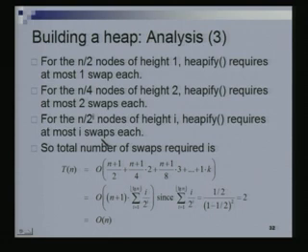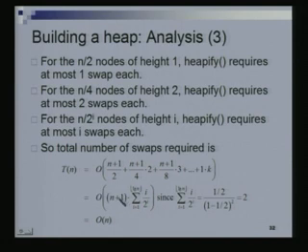You can count the time required by heapify in terms of the number of times you have to swap the location of two elements. The time required by the heapify procedure is just proportional to the number of swaps. So, what is the total number of swaps required then? It is n by 2 times 1 plus n by 4 times 2 plus n by 2 to the i times i. So, this is what the sum would look like.